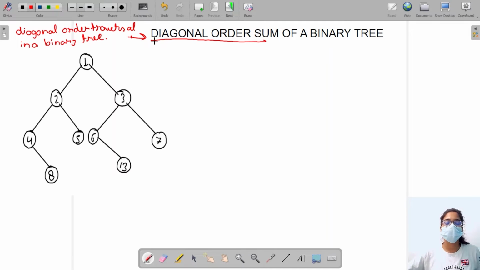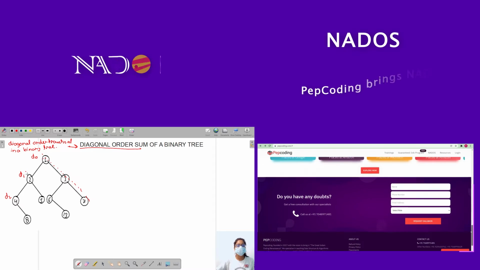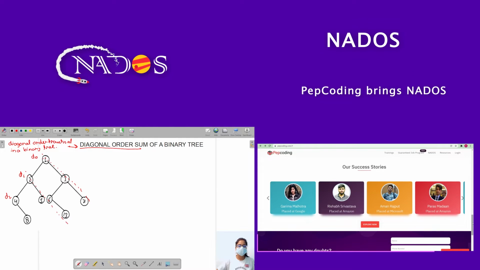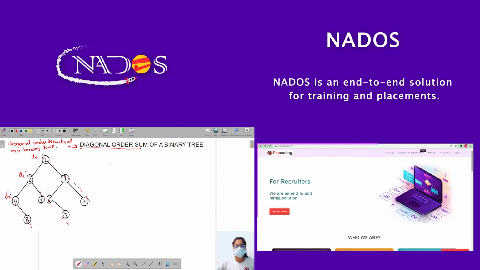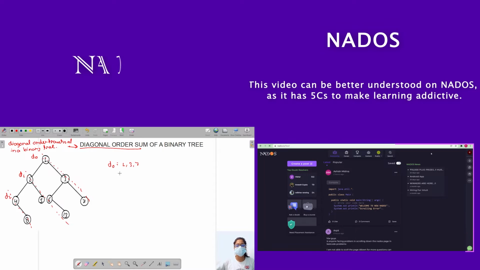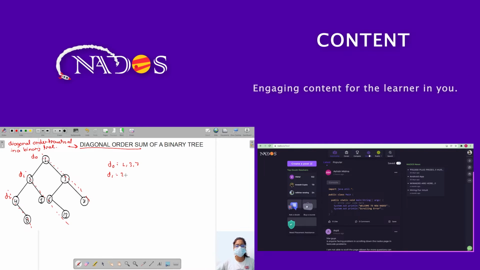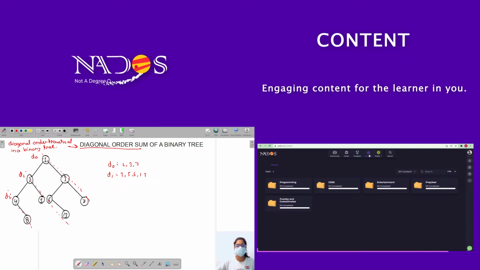So what does diagonal order mean? Talking about from root, this will be diagonal 0, this will be diagonal 1, this will be diagonal 2. The nodes coming in the direction of diagonal 0 will belong to D0, and coming in the direction of D1 will belong to D1. These all nodes will belong to D2. Specifically, D0 will contain 1, 3 and 7, and D1 will contain 2, 5, 6 and 13, and